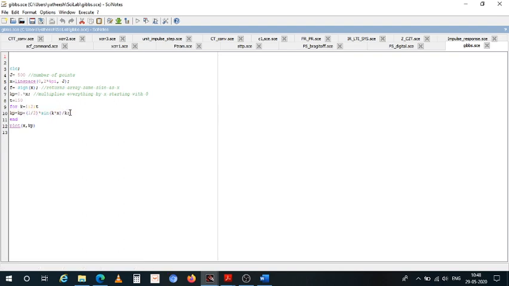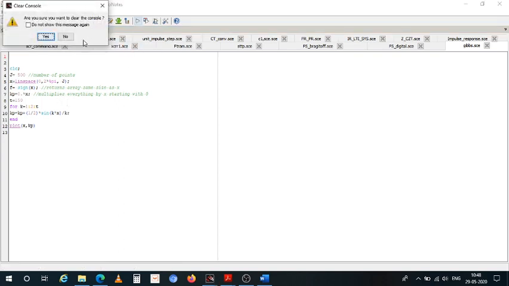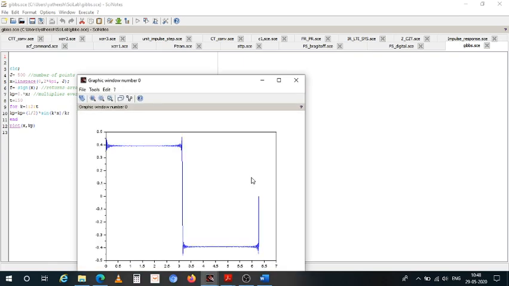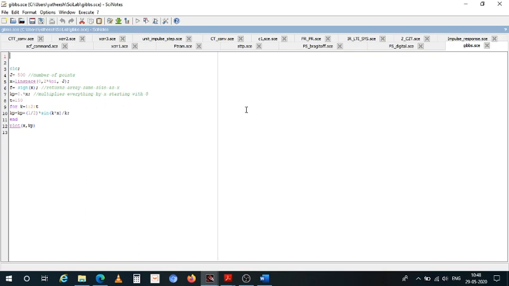It is listed in this, and we can run this and see. So we have plotted the Gibbs phenomena, which is showing discontinuities at the joint. So that is about your experiment number 6.